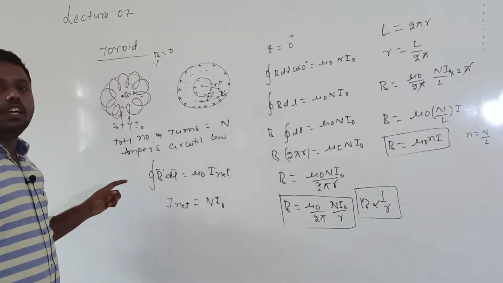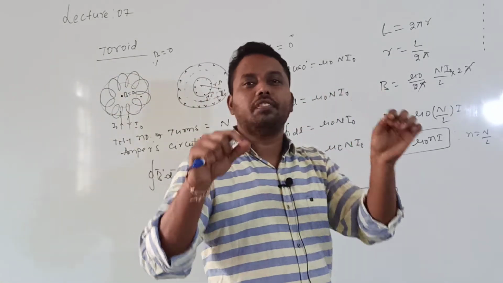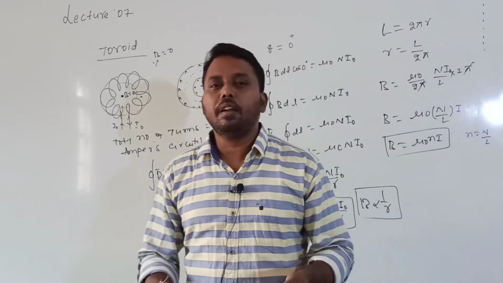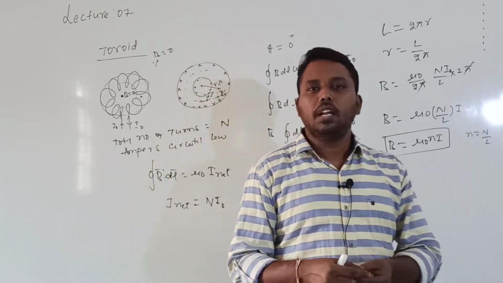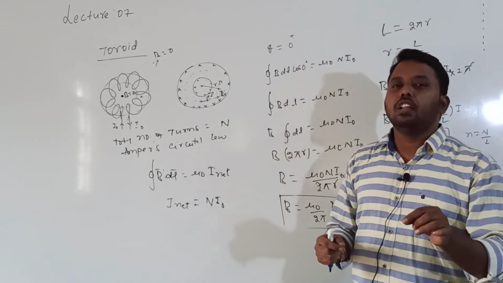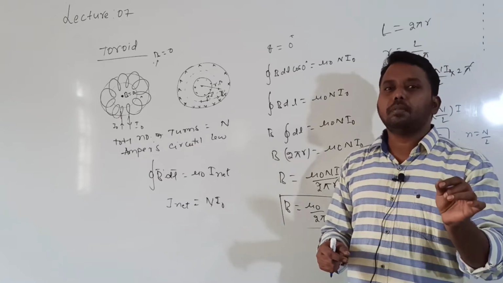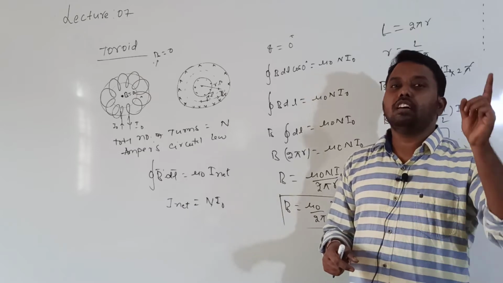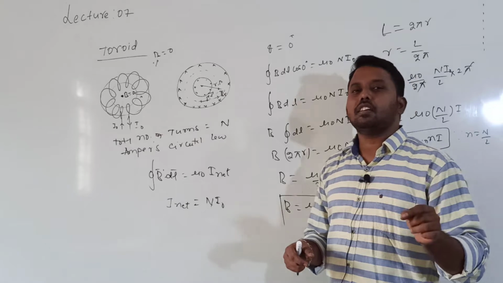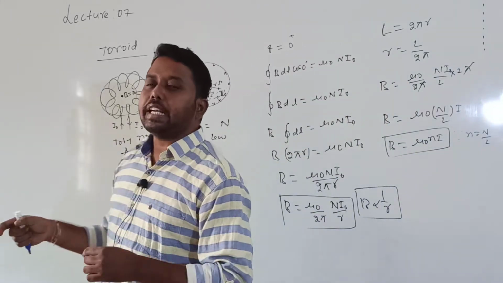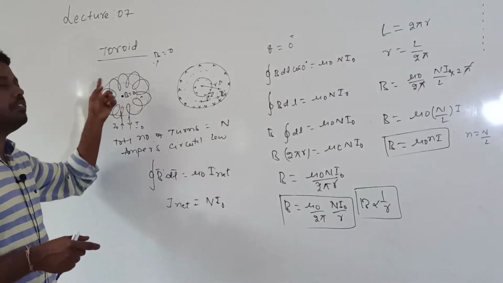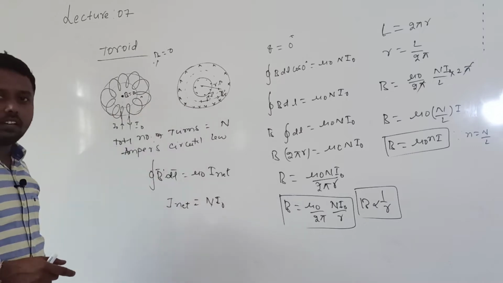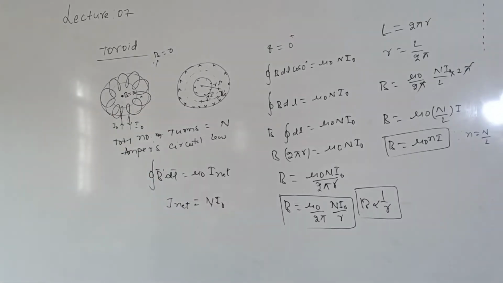So what is a toroid? A toroid is also a cylindrical coil with a large number of turns but bent in the form of a circle. When current is passing through this toroid, each and every turn will act like a circular coil which produces a magnetic field. The total net magnetic field is the vector sum of the magnetic fields due to the individual turns. The magnetic field due to a circular coil is along the axis of the circular coil. So here also the magnetic field will exist only on the surface of the toroid. To calculate this magnetic field, which law did we apply? Ampere's circuit law. So this is regarding solenoid and toroid.